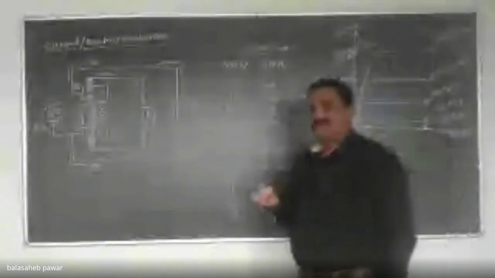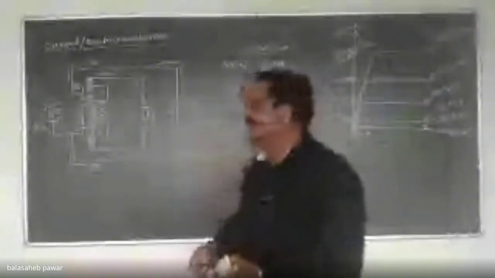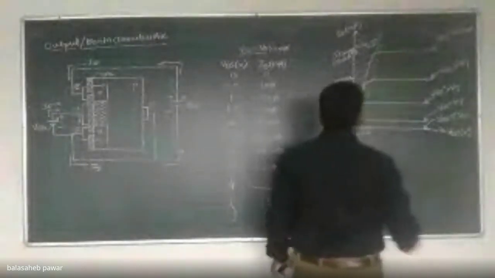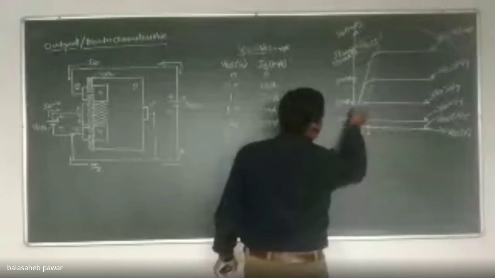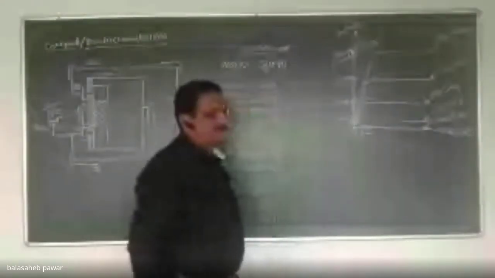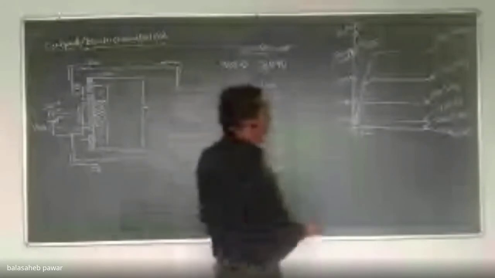Such type of characteristic you might have seen in case of BJT as well as in case of JFET. This output characteristic is divided into a number of parts. See the first part, where there is an increase in output current with respect to an increase in output voltage, this much region. This is known as what? For JFET, what is this region, where an increase in output voltage increases the output current? For BJT.